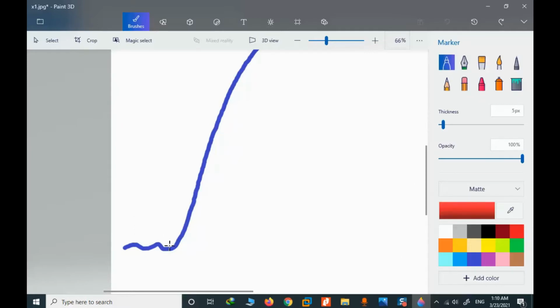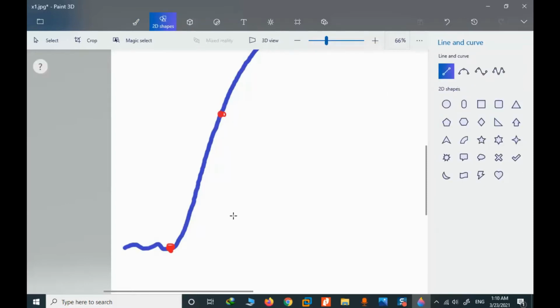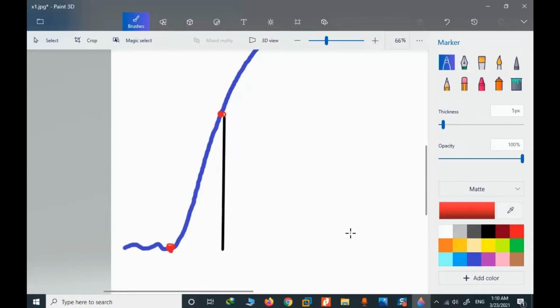We measure the starting point from here, and the end point can be here in a 10-second window. This can be the difference between the process values, and this is the 10-second window here. Here we consider this time duration is 10 seconds. In a 10-second duration, this is y1